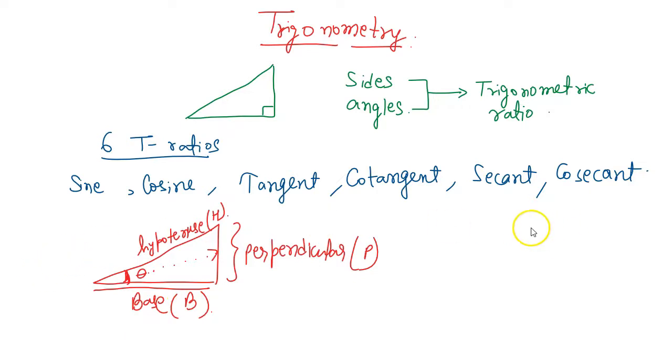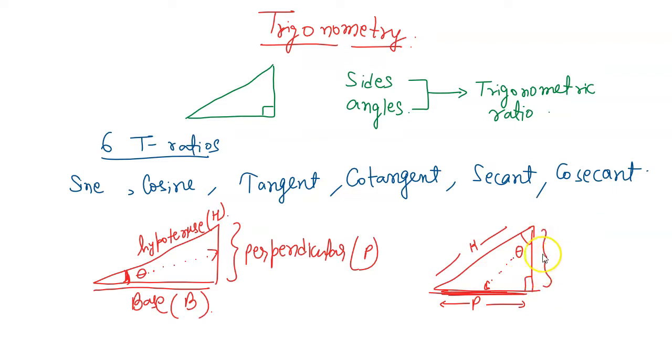Let us say we take another triangle, and in this right angle triangle, this is the angle theta, and we have to define the trigonometric ratios with respect to this angle theta. So now what could be the base? Very simple. First, hypotenuse is fixed. Now side opposite to this angle is perpendicular, right? It's not like the side lying at the downward side will be the base. Side opposite to the angle will be perpendicular, and side adjacent to the angle will be the base, right? So this is clear, which one is perpendicular, which one is base.